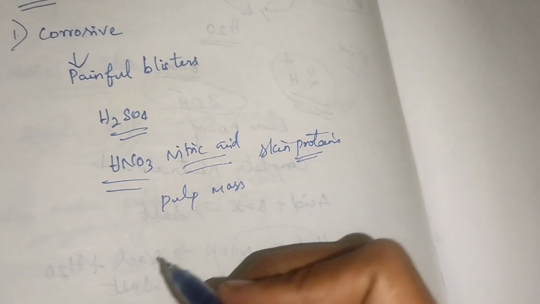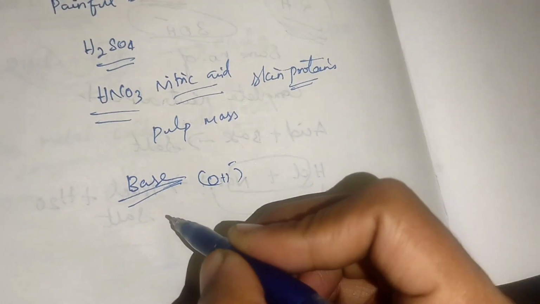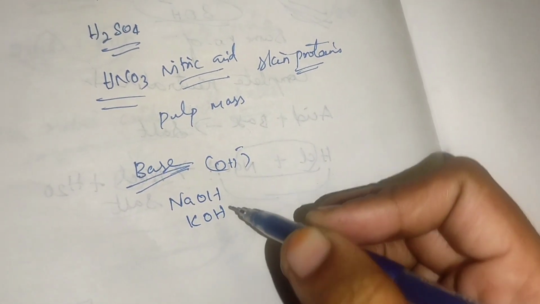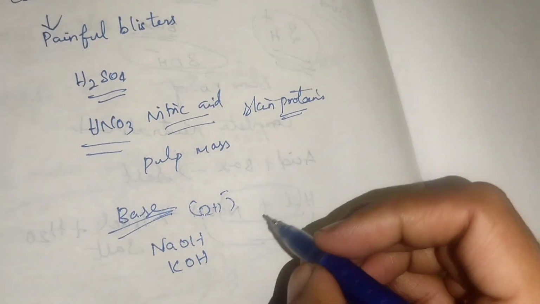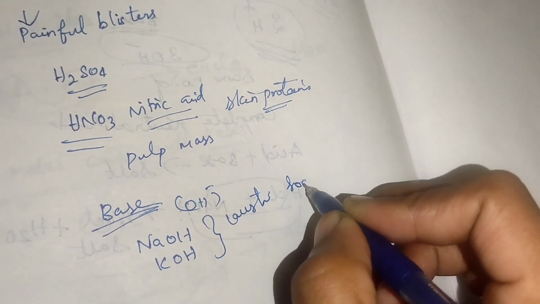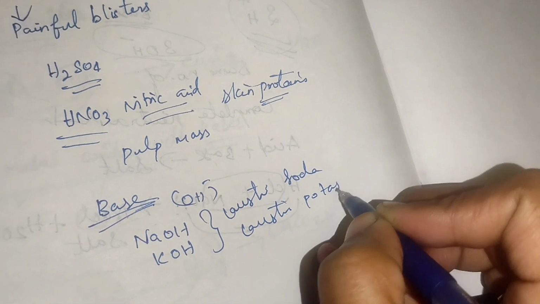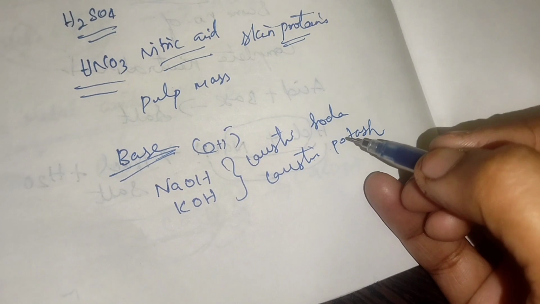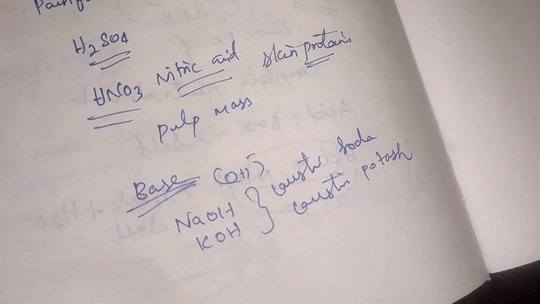So the next one is base. Base means OH minus ion will be present. For example sodium hydroxide, potassium hydroxide, like that. These are known as caustic soda and caustic potash. Some bases are used in food, like baking soda,